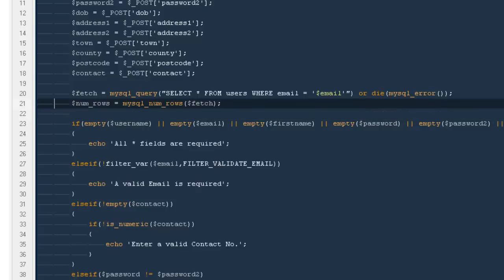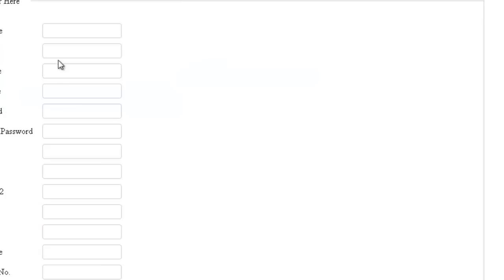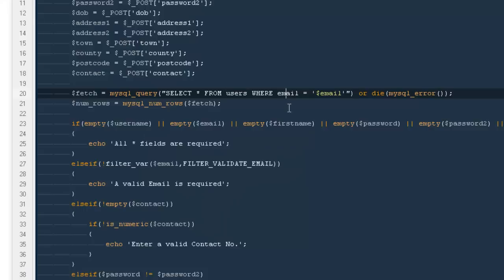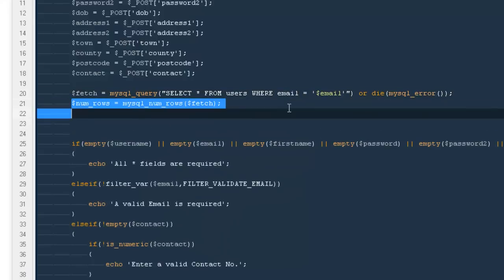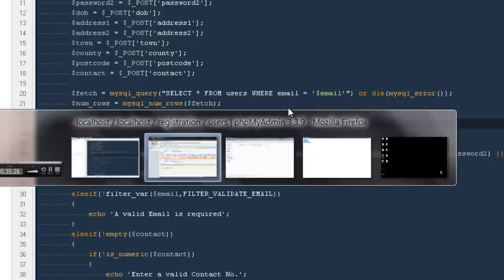This might seem a bit complicated to you, but this is the way it is, and you will have to understand it. What I'm doing is, first I'm running a query. I'm selecting the field where this email is equal to the one I'm going to put out here. So if I'm going to put the same email out here, then it's going to go to the database and find, oh, here is that email. Okay, then I'm saying, let me know how many rows you got with that particular email. mysql_num_rows means how many rows have been returned. So if I'm going to echo $num_rows, you're going to get